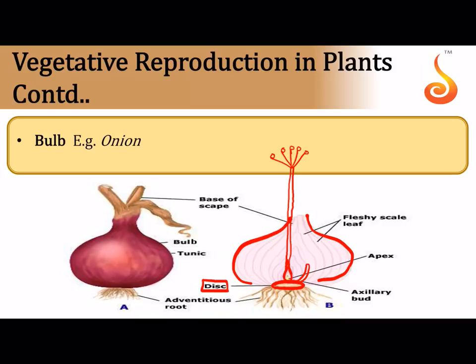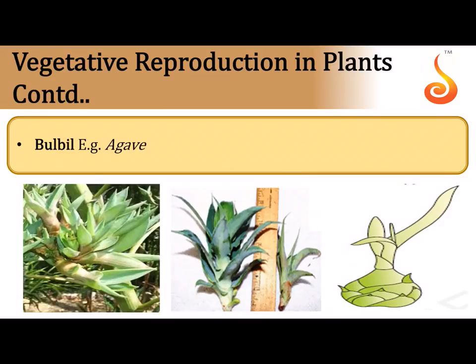And if you again take this onion bulb and sow it in the soil, you will get a new onion plant. See how roots are emerging from the base of this condensed stem. And see how they are surrounded by these fleshy leaves. It's called a tunicated bulb. Tunica means layers, layers and layers of these fleshy leaves. So this is the bulb of onion.